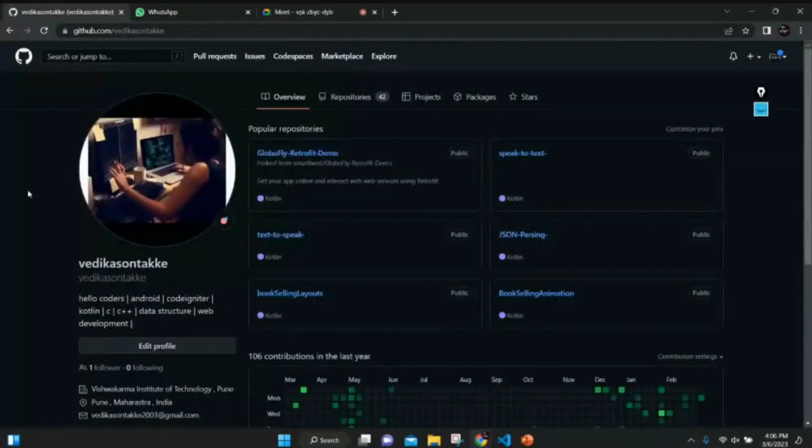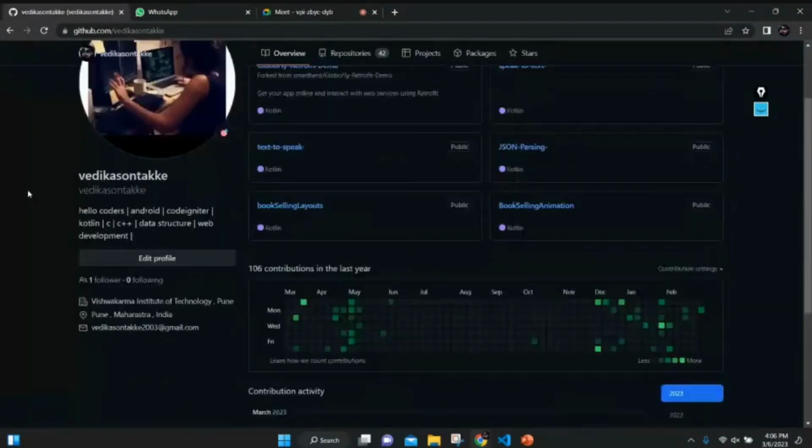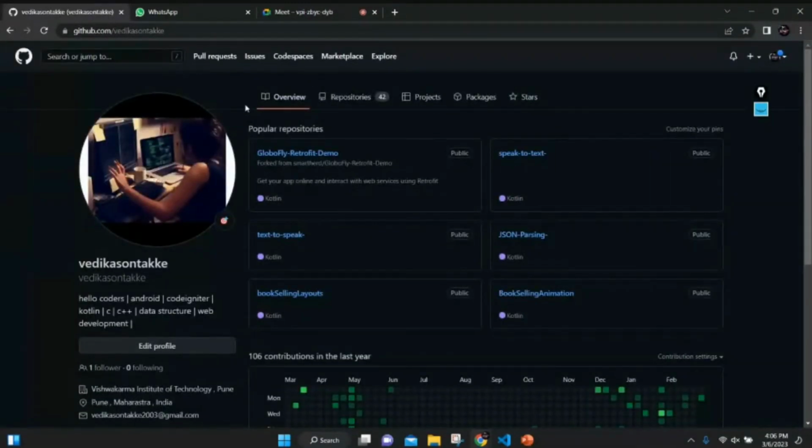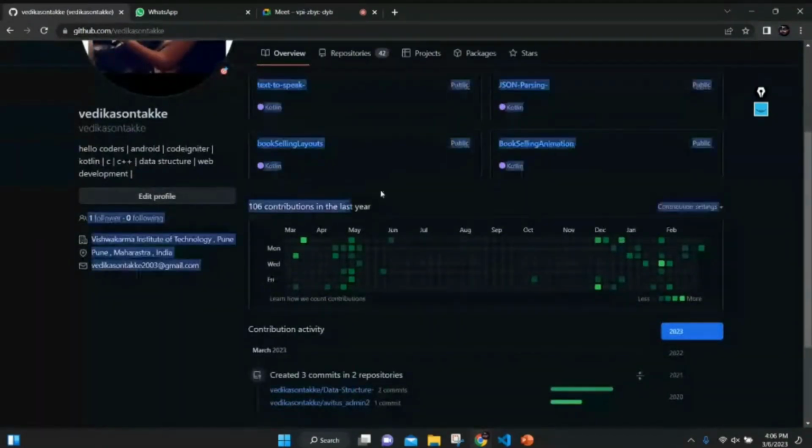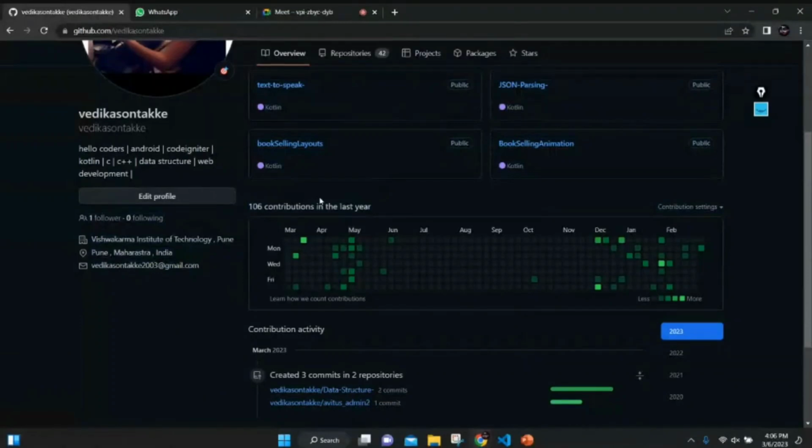Okay, for that I am using my page. This is the basic structure of GitHub where everything is located. In the overview section, we can see the repositories which are the most popular on our page. Then this is our contribution section where we can see what we contributed in the last year. For that there are green marks, and they show how much we contributed